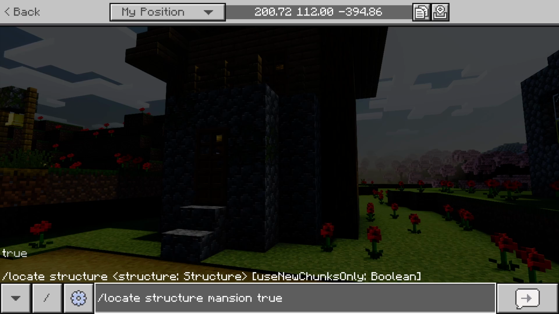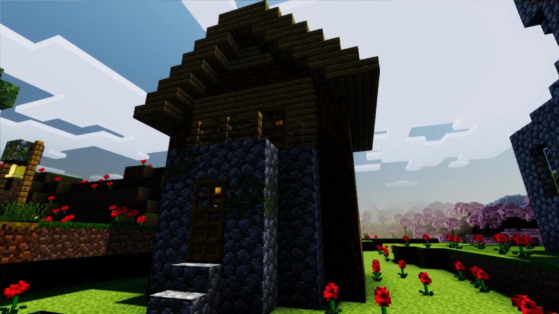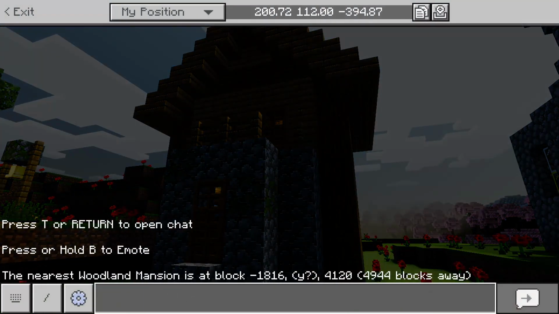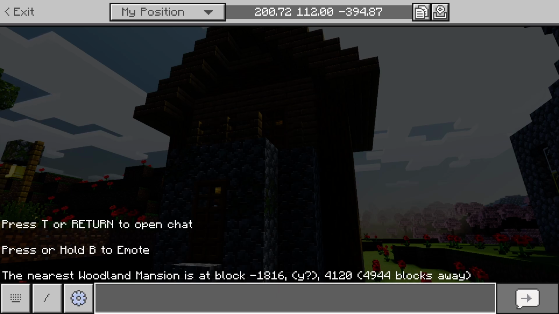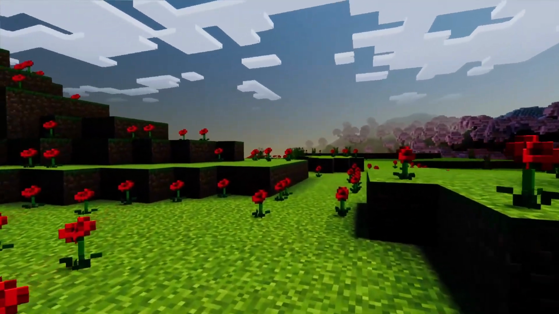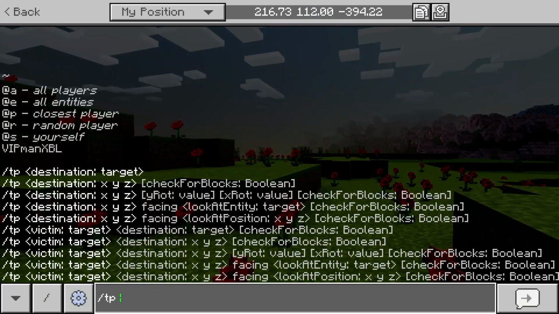And then press whichever button it is to send messages in your chat. In my case, it's enter because I'm on PC Bedrock, but if you're on a different device, it'll be a different button for you. And then as you can see, it says the nearest woodland mansion is at these coordinates. So write down the coordinates that you have. Of course, they'll be different to mine. Once you've got your coordinates written down, go into chat and type /tp